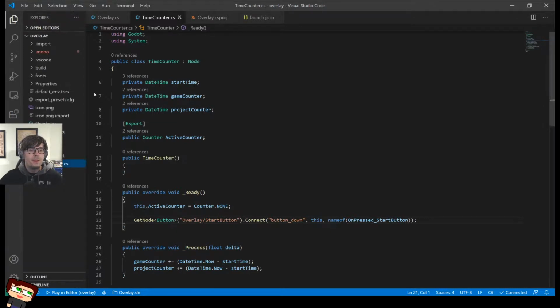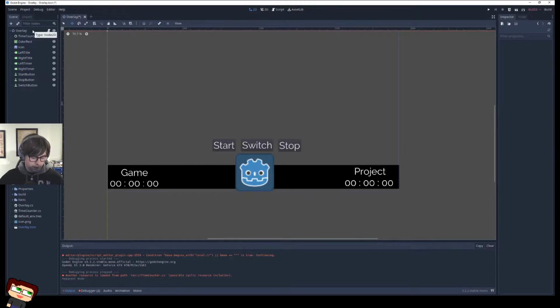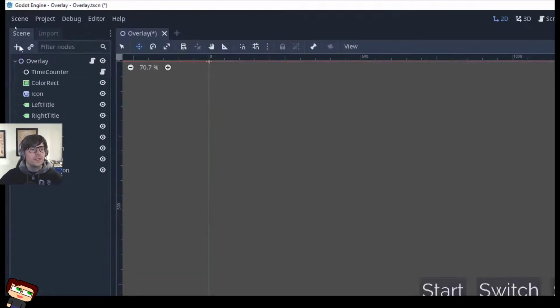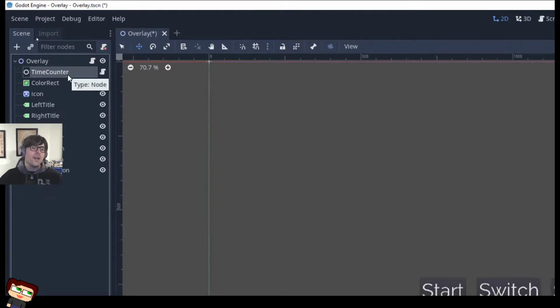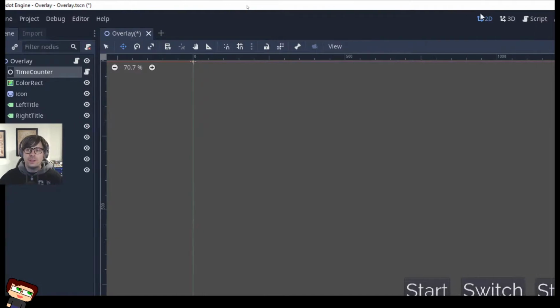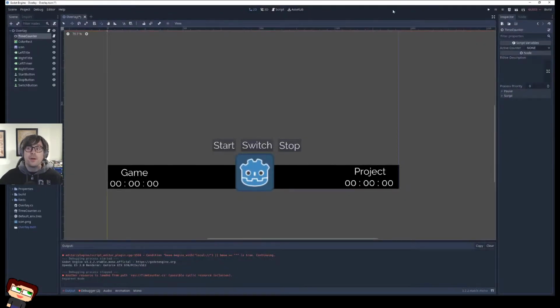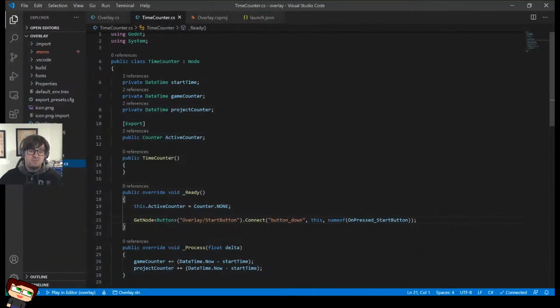So the problem here that I'm having is that the time counter, if I look at my Godot setup here, I have to call it relative to the tree. If I zoom in over here, time counter is a sibling of start button, but when I do the get node function, it immediately goes from the child. So what I need is the parent of my node, and then go from there. I am sure there is a better way to do this, but I am not going to figure that out right now.